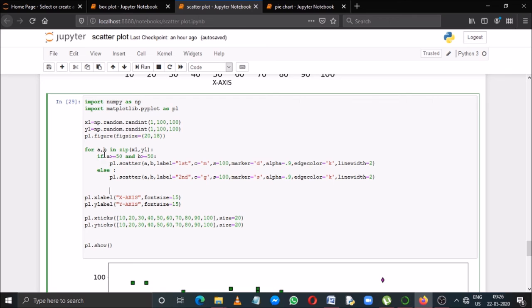That means a will take the points from x1 and b will take the points from y1. And then I placed a condition: if a is greater than or equal to 50 and b is greater than or equal to 50, that means if both the values are greater than 50 simultaneously, then at the time of plotting I have placed the marker type as D, that means diamond, and color equals to m, that means magenta.